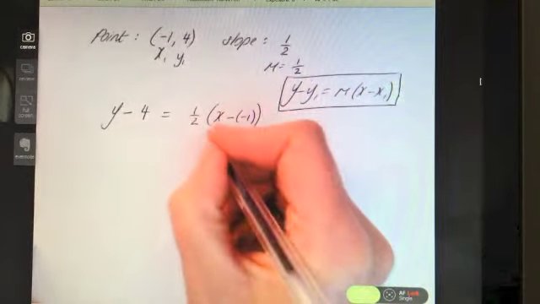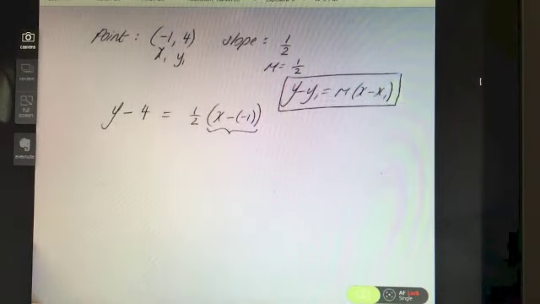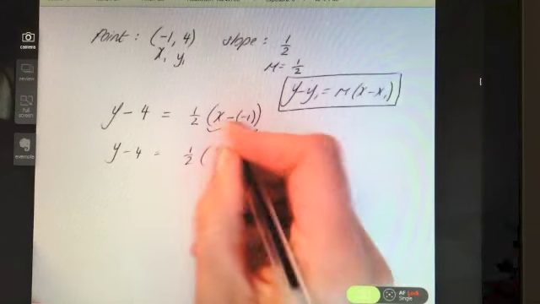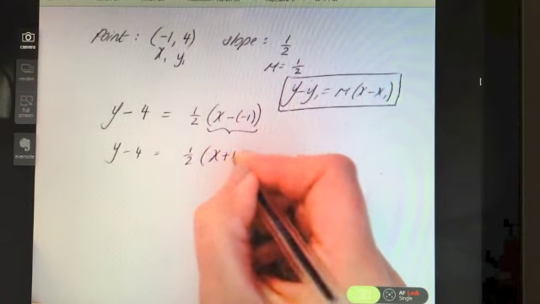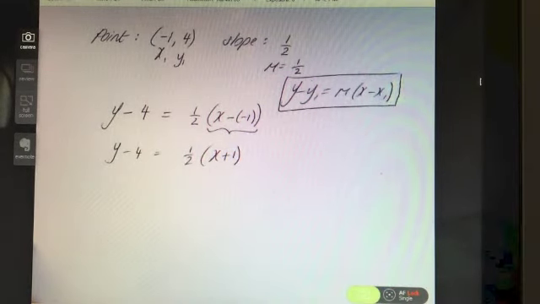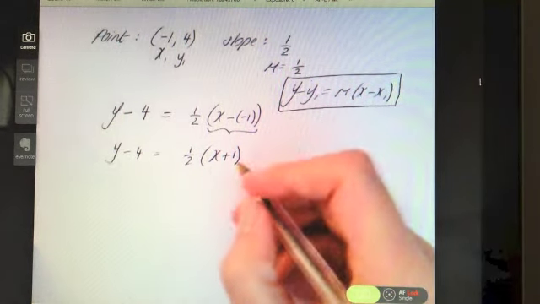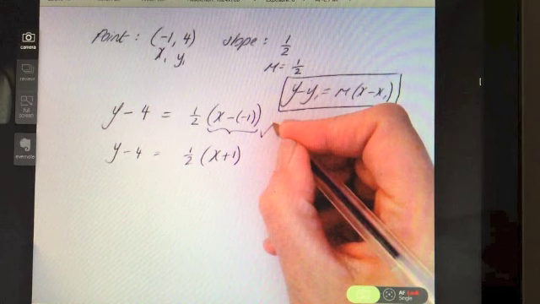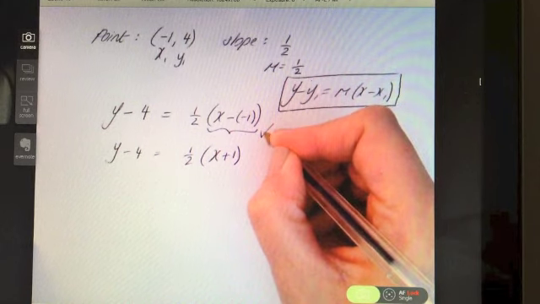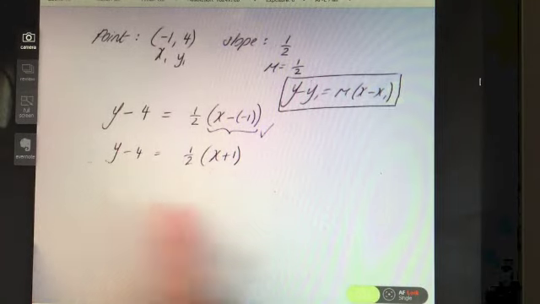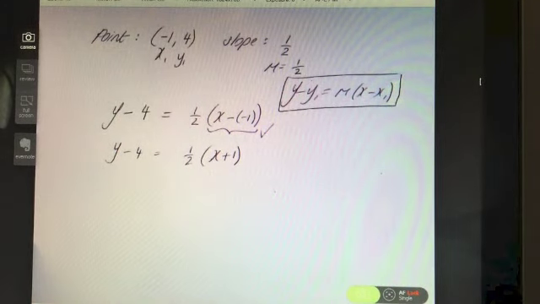Okay, as before, I'm just going to tidy up this bracket first. So leave the left hand side as it is, and we have a half. X minus minus 1 is the same as x plus 1. Okay, now just to note that once you get to this point here, by the way, subbing everything in correctly, you have got the vast majority of the marks. There's the good news. It is the tidying up that often causes pupils issues,